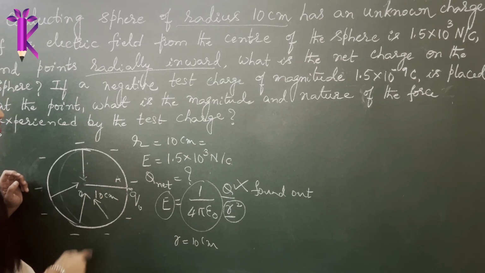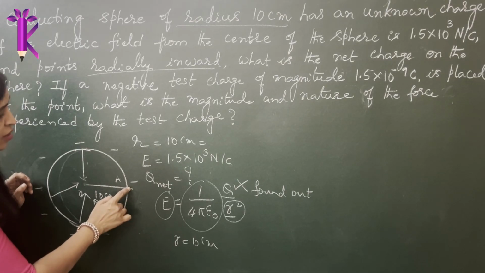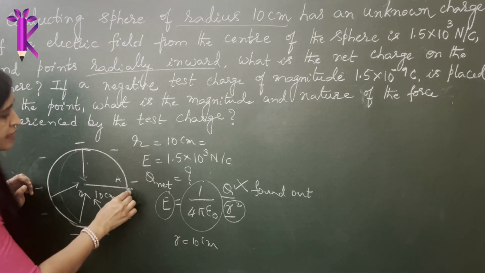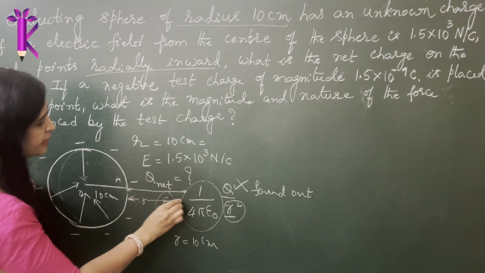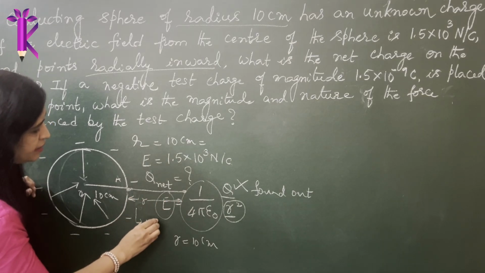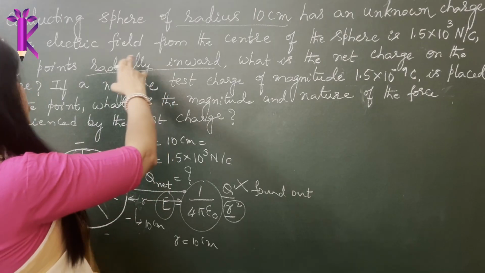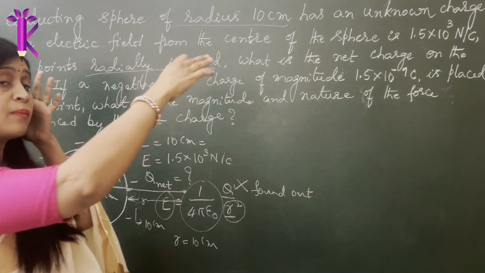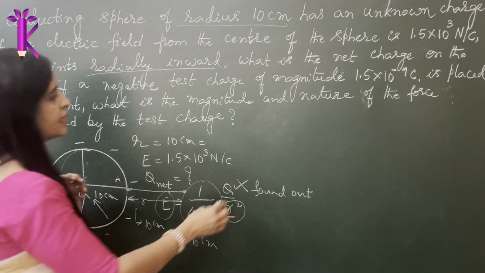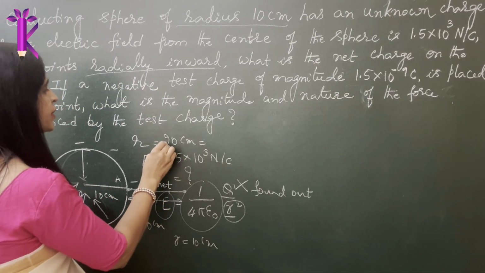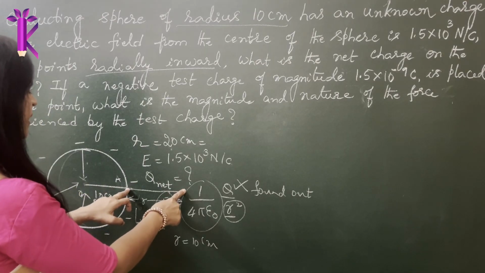Now, since the charge is residing on the outer surface of the conductor, obviously you are not keeping the test charge here on the surface of the conductor. So we assume it is placed at a distance of R from the conductor, and that distance R is also 10 centimeter. We assume the radius is 10, and you are again placing it at a distance of 10 centimeter. From there you are keeping it 10 centimeter away from the surface of the sphere. So the total distance is not 10 centimeter here. You have to take it as 20 centimeter, where you are actually placing your test charge, because that is how you keep it 10 centimeter away.